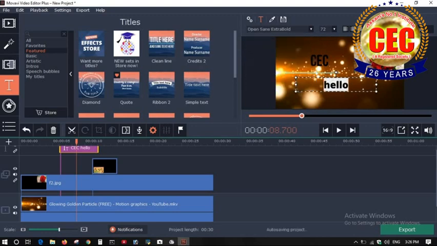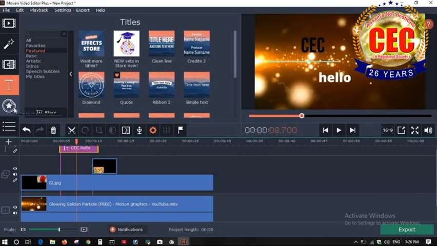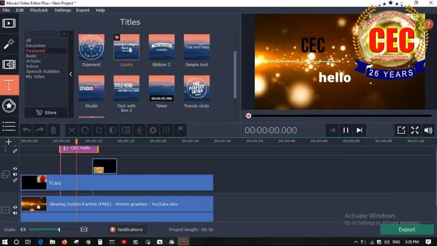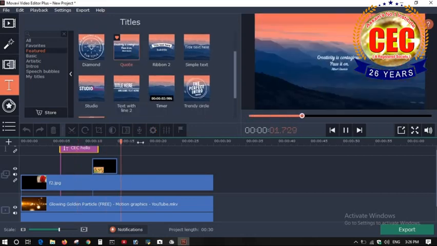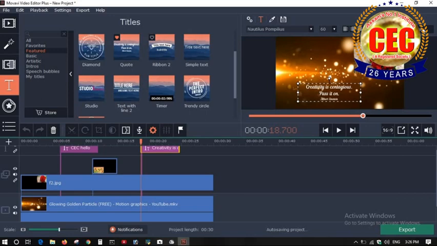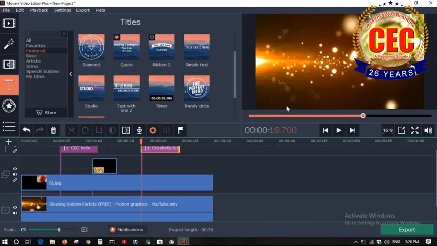Like this. If I want other formatted text, I can insert it here. Like this, you can put another text here.